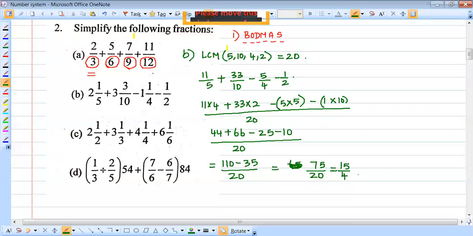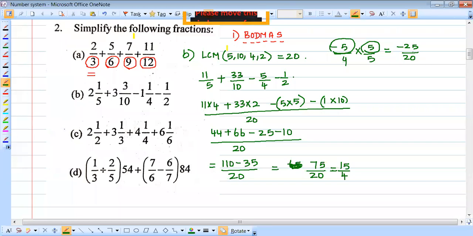So how do you say it is negative? Because suppose you take this number minus 5 by 4. You should multiply by 5 by 5 to get 20 as your denominator. So then you will get minus 25 by 20, because one negative number and one positive number, if you multiply both, you will get the negative number as your answer. So the answer is minus 25 by 20. Got it clear?